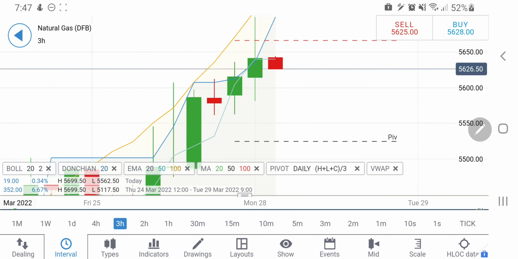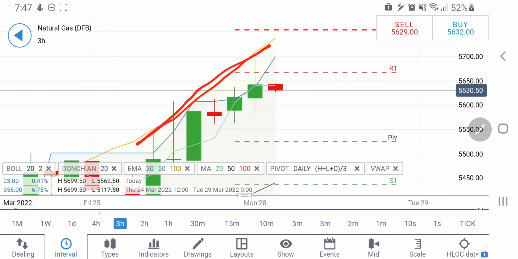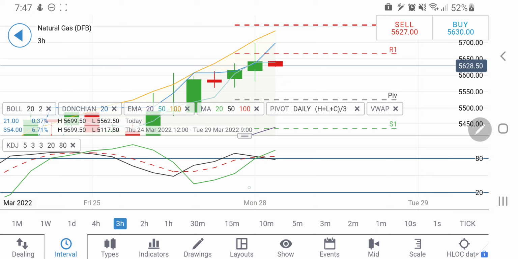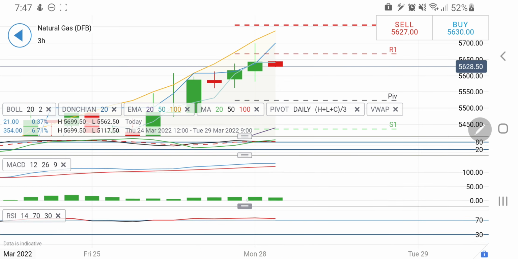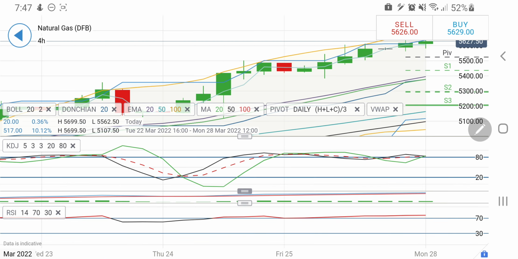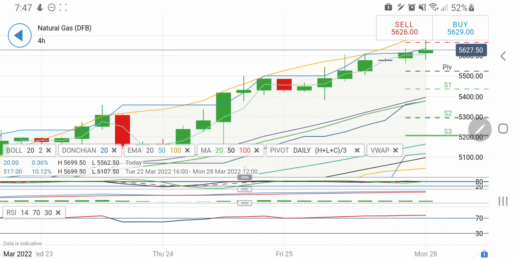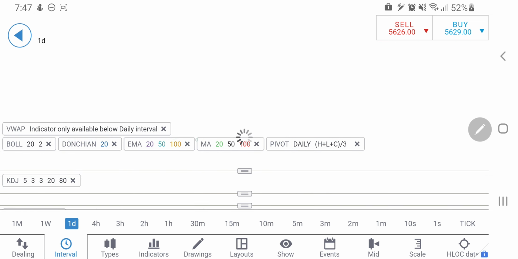So the only short entry is below 5.58, below which one can expect it to drop. Look at this also, it has seen the high there at 5.7, which is a stronger resistance. Beyond that, it will definitely try to give a stronger rise. Now look at this, the indicators here are overbought and possibly looking down on the downside. MACD is trying to converge, and RSI is extremely overbought there, and hence you can expect a little drop. On the 4-hour charts too, the stochastic is overbought, and yes, a drop can be expected. So below 5.58 you can go short there.